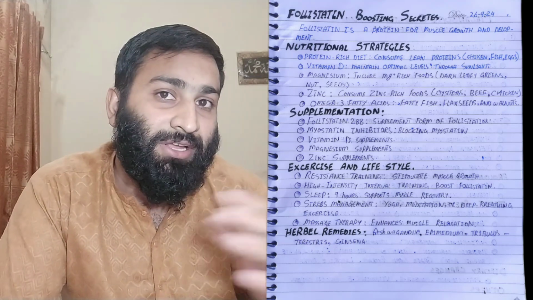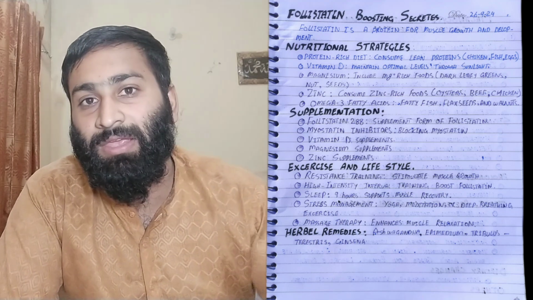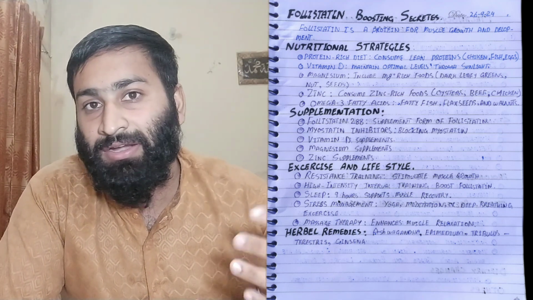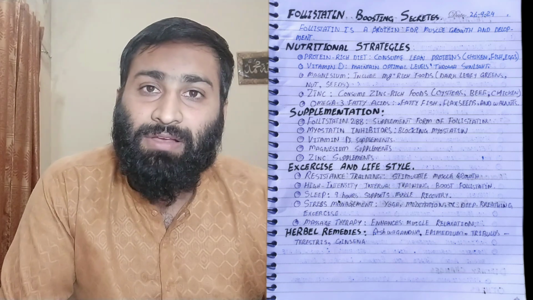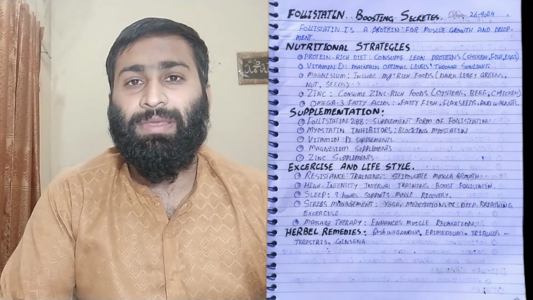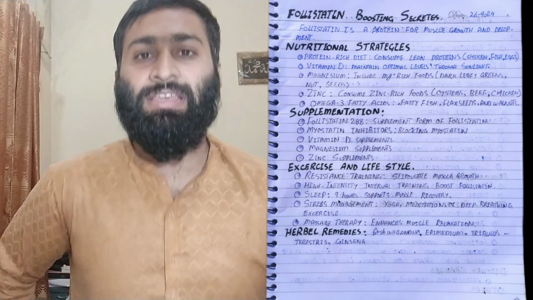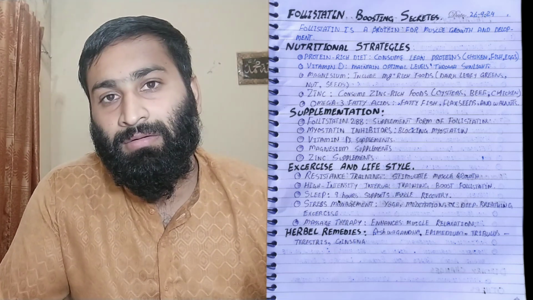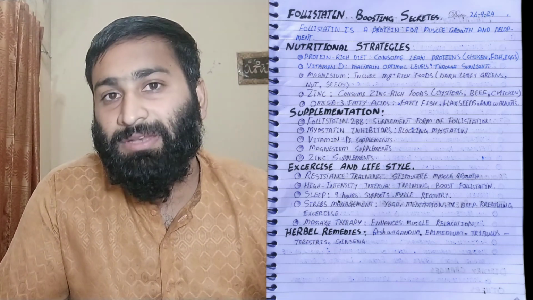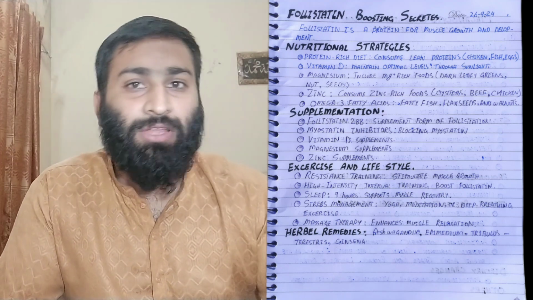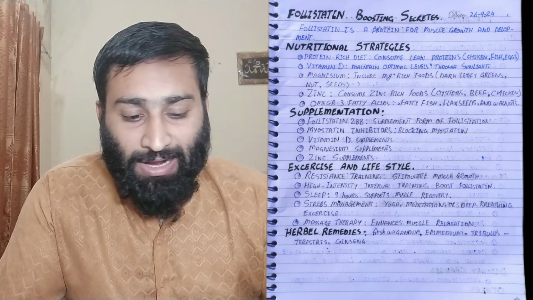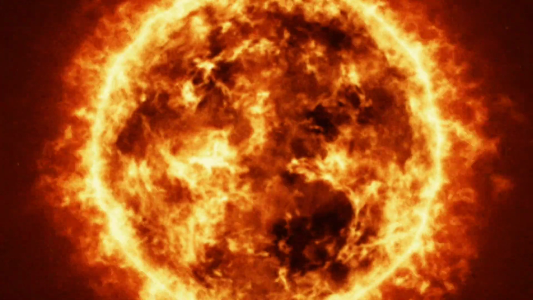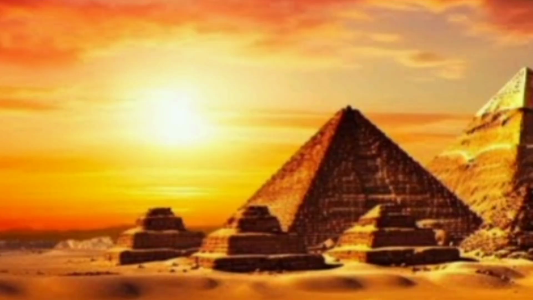Remember, follistatin inhibits myostatin, and myostatin is responsible for muscle degradation, meaning a decrease of muscle mass. So follistatin works inversely to myostatin and inhibits it for the growth of the muscle. On the other hand, vitamin D, maintained at an optimal level through sunlight,